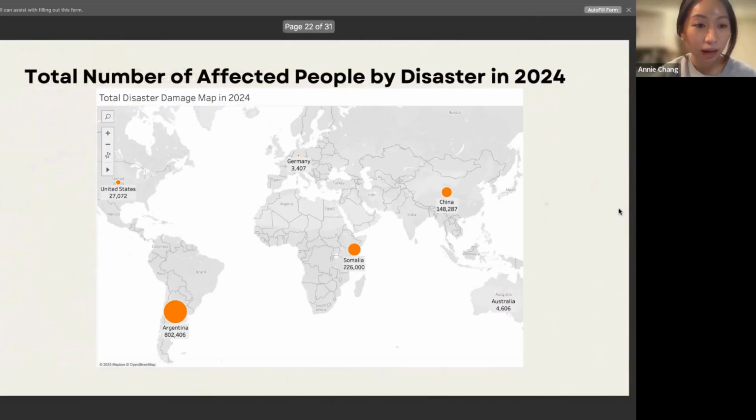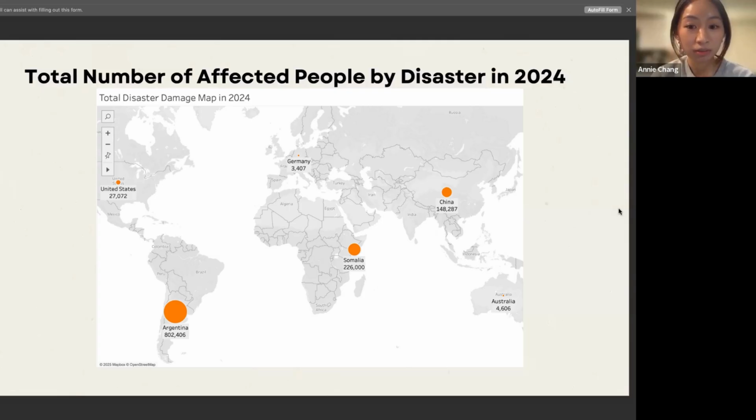In the next map, we have the total number of people affected by disasters in 2024. When we compare the 2024 map to 2000, the pattern shifts in some interesting ways. For example, China's affected population dropped sharply from more than 25 million to around 148,000. On the other hand, Argentina jumps from about 38,000 to over 800,000, which shows how unpredictable disasters can be